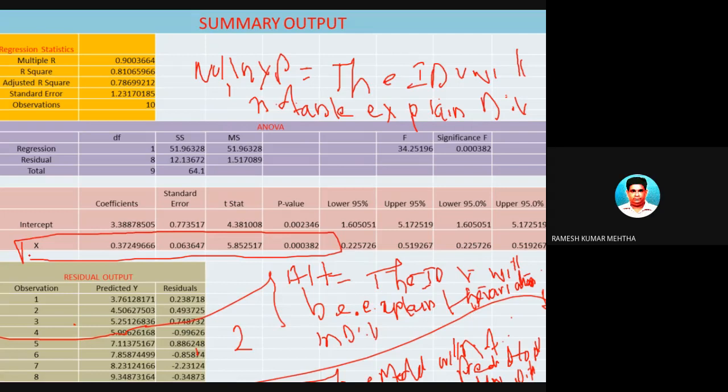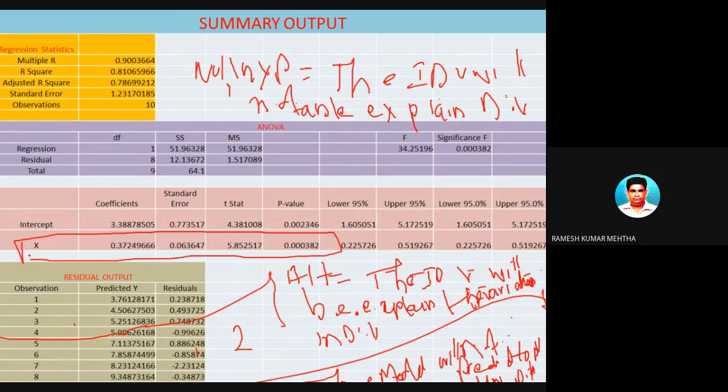Whether the dependent variable is explained by the independent variable or not. So our null hypothesis states that no, the independent variable you considered for our study, which is the number of hours you have worked, will not explain the marks you are getting in the examination. That is the null hypothesis, because null is always negative. It is telling us that no, there is no explanation.